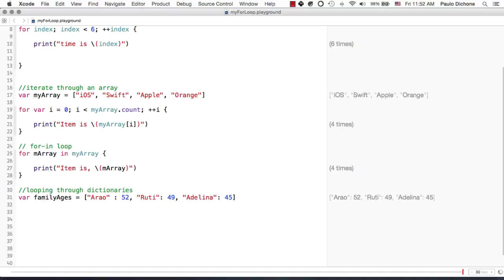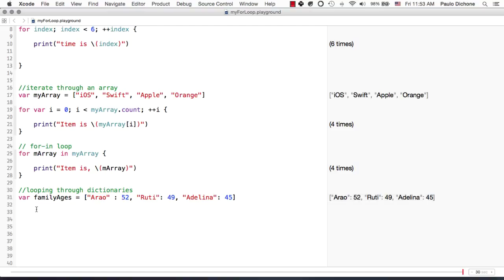Excellent. Now, in order to iterate through, we're going to use the for in loop. In this case, we want to have the key, which is the name, and the value. We want to keep track of those two values. Naturally, we would want to initialize two variables in our for in loop. Before, we only had one variable. So in this case, we want to initialize two variables which will relate to the key and the actual value. This is what I'm talking about.